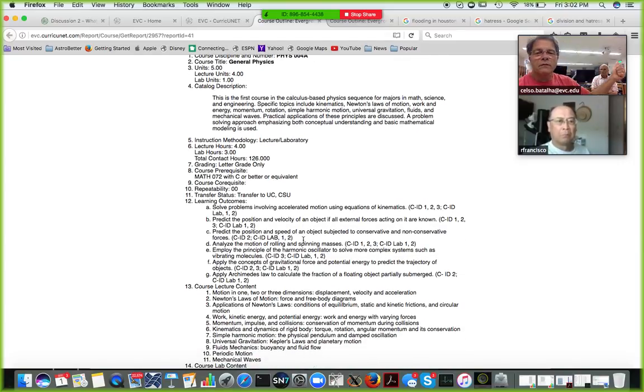Solve problems involving accelerated motion using equations of kinematics. You have to solve the problem. How about this? Predict the position and velocity of an object. Predict the position and speed of an object. Analyze could be conceptual. Employ the principles of harmonic oscillator to solve a more complex system. Those things they already do in lab when they're doing the lab and solving,